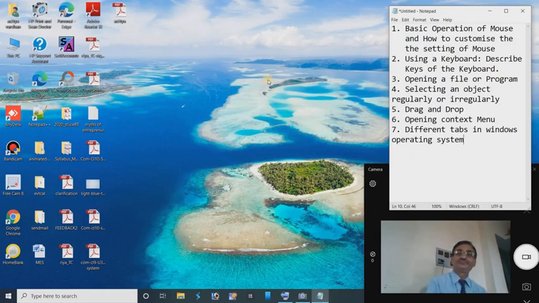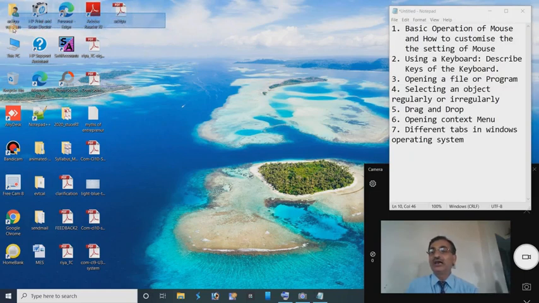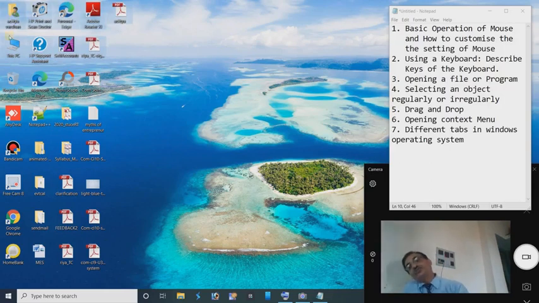Next, suppose we require to select more than one icon at a time. We can easily do it. Hold down the left mouse button and drag the mouse pointer over the area. Now all these icons have been selected.